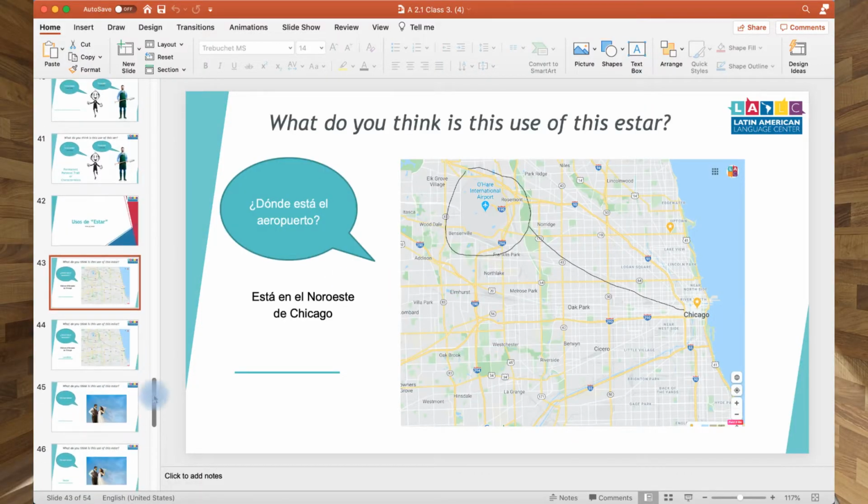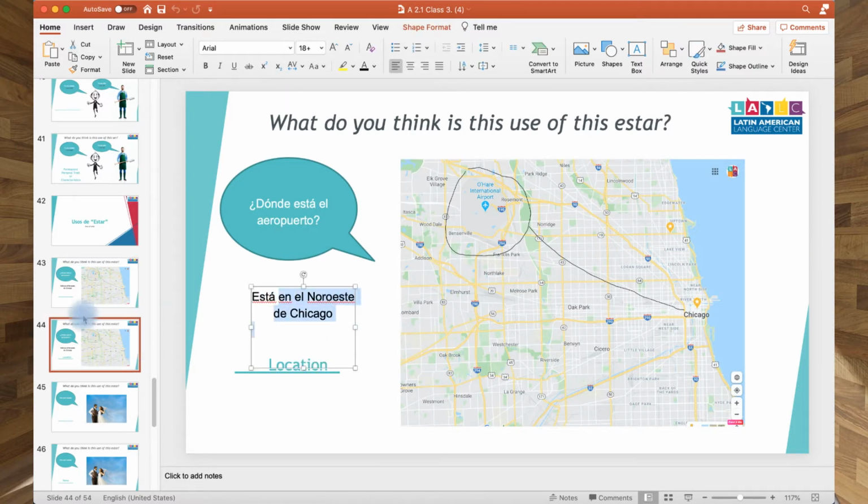So in here, usos de estar. What do you think it is? ¿Dónde está el aeropuerto? El aeropuerto está en el noroeste de Chicago. So what I'm showing here, if you say location, that is correct. Whenever you show location, por ejemplo, está en el noroeste de Chicago. Whenever you show location, it's estar, okay? Now, an event taking place somewhere,